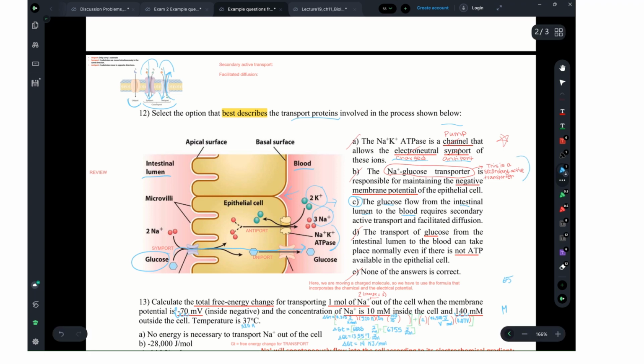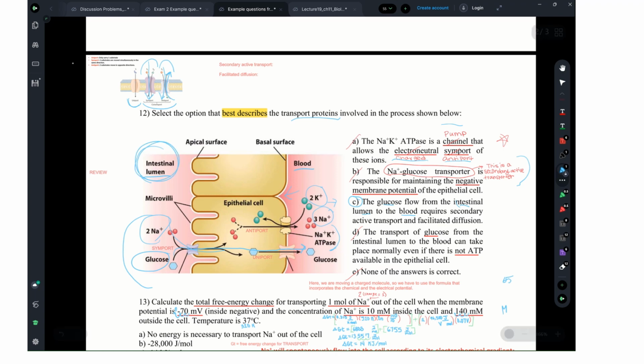So this is a secondary active transport, and this is the sodium glucose here. So sodium is positively charged and it's going into the cell, so it can't be responsible for maintaining negative membrane potential. And then C, the glucose flow from the interstitial lumen, so that's right here,